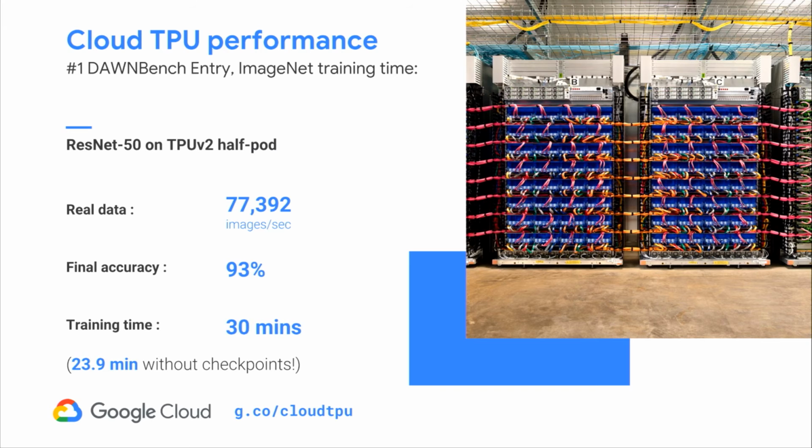And if you want to go even faster, this is the advantage of being able to scale up into these pods. Here you can see our #1 DawnBench entry with half of a TPU pod, where we were able to train in just 30 minutes. And actually, if you eliminate the overhead of checkpointing to measure your accuracy at every step, the minimum time is just 23.9 minutes to get to that same 93% accuracy target. So I'm really excited about the fact that you can develop on one of these Cloud TPUs, and then soon you'll be able to scale up with no code changes, just changing your batch size,